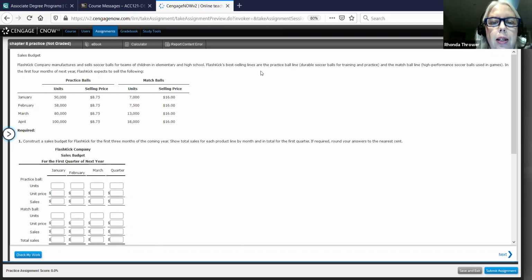Flash Kick's best-selling lines are the practice ball line, durable soccer balls for training and practice, and the match ball line, high-performance soccer balls used in games in the first 4 months of the next year. Flash Kick expects the following. So they've given you practice balls that they're going to be selling, as well as match balls. And they want you to construct a sales budget for Flash Kick for the first 3 months